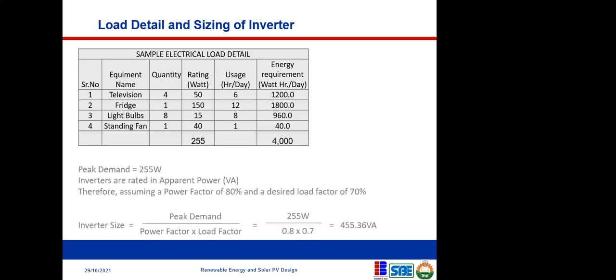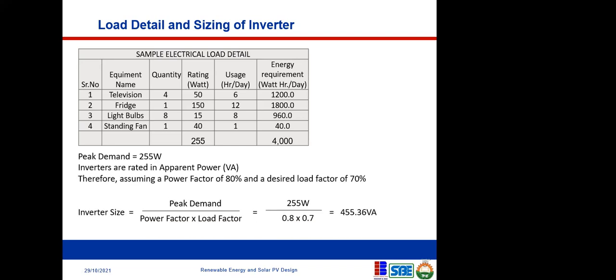Okay. So of course we know that our peak demand is 255. Mind you, this is a peak demand. It should not always be the case because sometimes this fan might not be running. Sometimes the bulbs might not be on. They may not all be on at the same time. So we assume that this is a peak load, I mean, assume that everything is on at the same time. It's an assumption. So if our peak load is 255 watts,